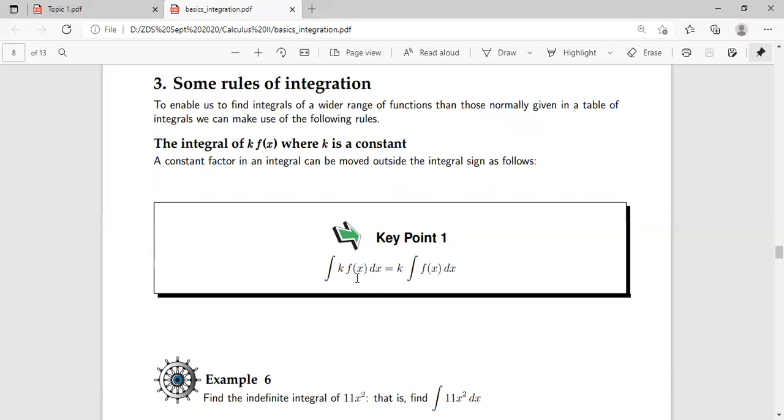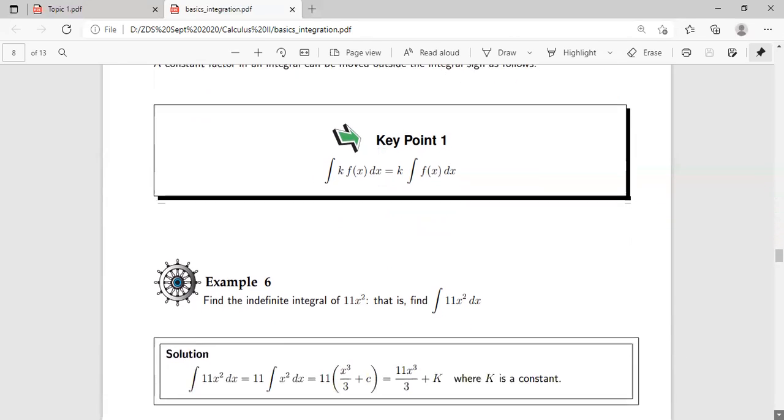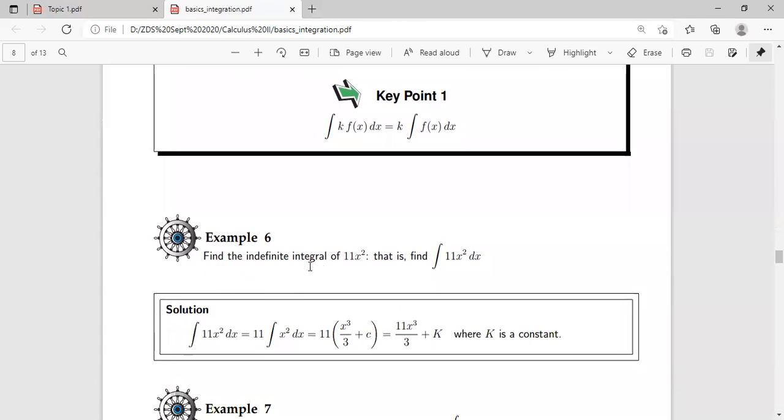So k times f(x) dx is simplified by removing the constant outside the integral sign and then working out the function separately. For example, find the indefinite integral of 11x squared,